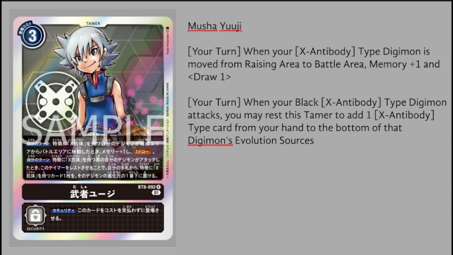on top of that, he has an upside where during your turn, when your black X antibody type Digimon attacks, you get to suspend this tamer to add 1 X antibody type Digimon from your hand to the bottom of its inheritable sources. So this is just playing off of what X Antibody already wanted to do, where it's just trying to slowly build up its stack and gain lots of powerful abilities and trigger various abilities. So this is just playing exactly into what X Antibody is trying to do, and I really, really like him